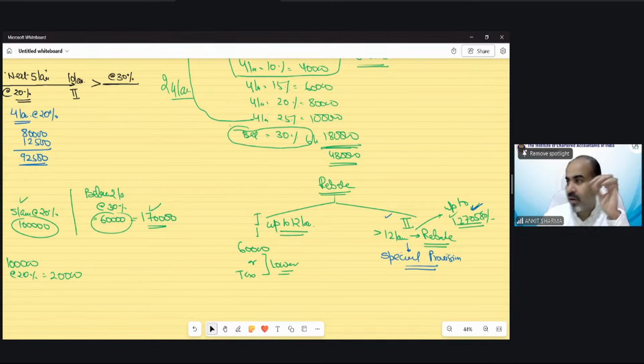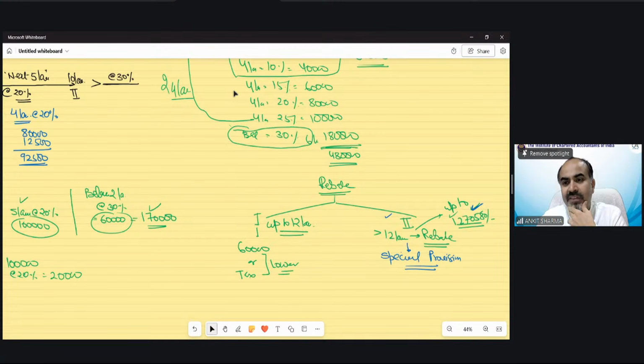Before that, whatever we have discussed till now, we have to go through it. Sumit is asking, sir, what is section 111A, 112, 112A? These are special rates of income, capital gain taxability, 12.5%, etc. That is going to be discussed in the capital gain chapter. This is relevant also for the purpose of surcharge provision. So we will discuss how it affects our surcharge concept.